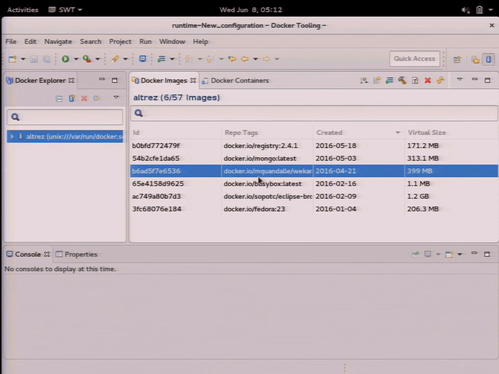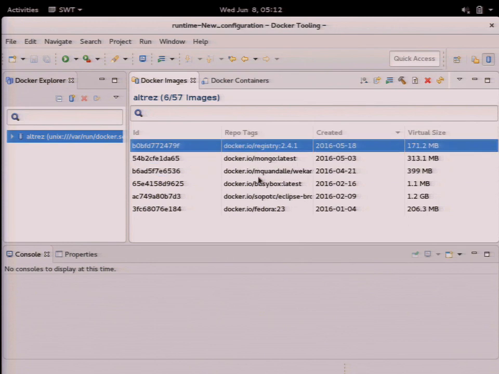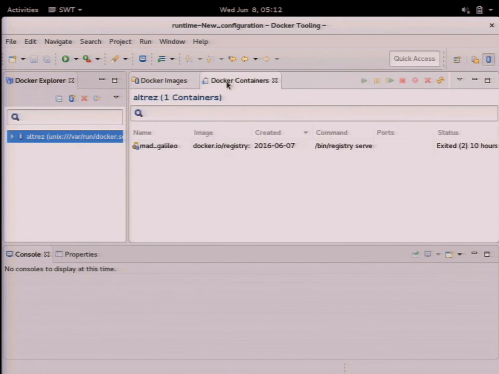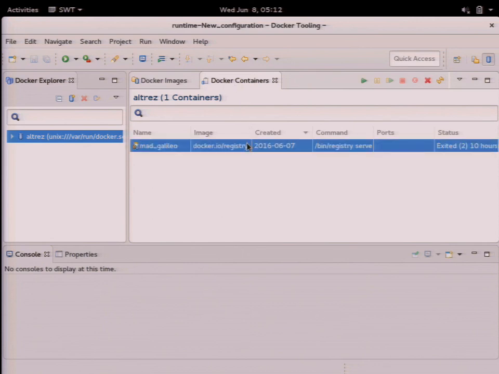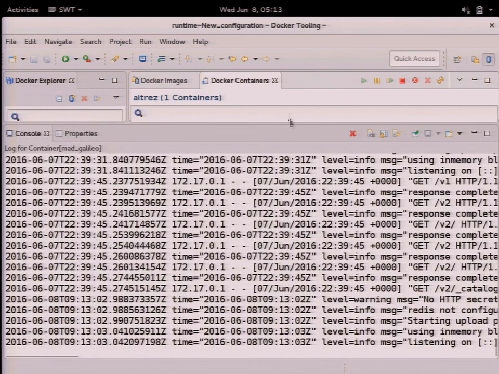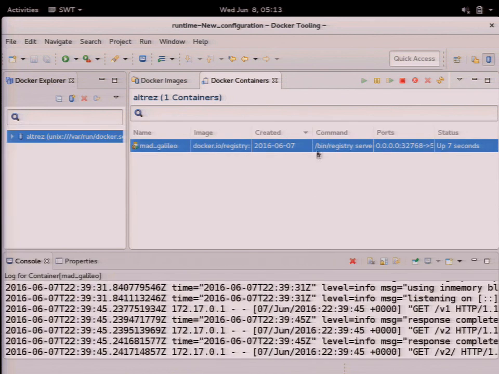So for now, the way we actually access search is through pull, because generally when you're pulling is the opportunity you usually want to search for a particular image. So in order to do this, because I obviously don't have an internet connection, I actually have a container here, which is essentially a version 2 registry, and I'm just going to start it up. And you can see at the bottom here as well, I have the logs that are associated with it, and so this is functionality that has always existed, but you can kind of see I can pause, I can stop it. So I have this registry started up,